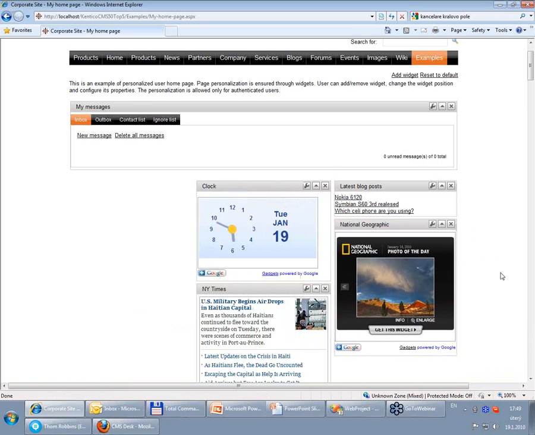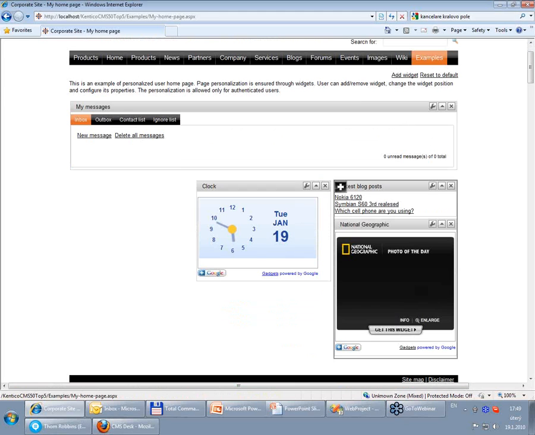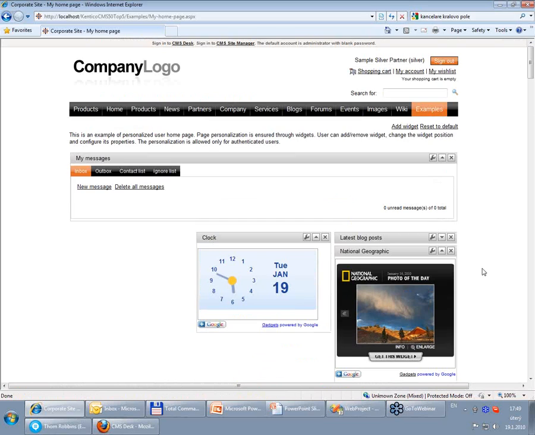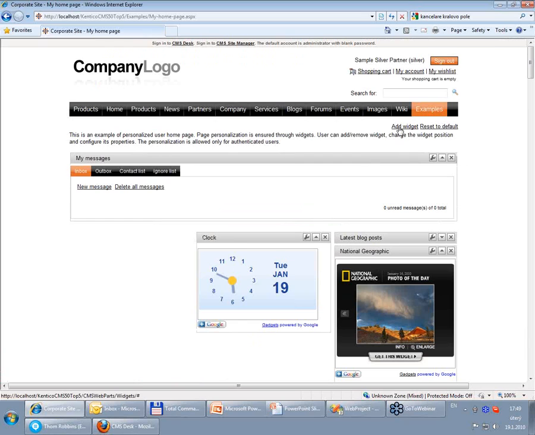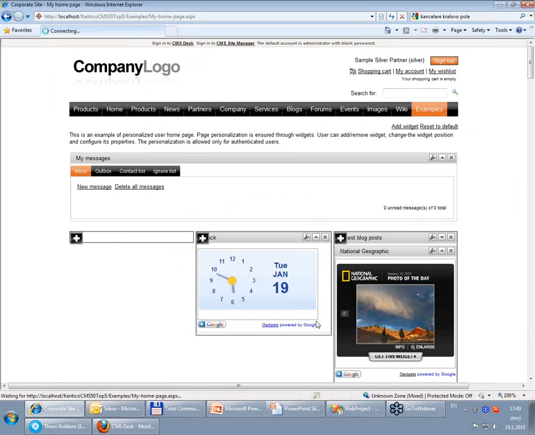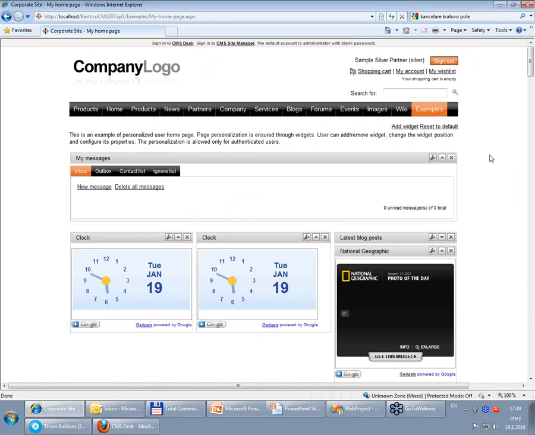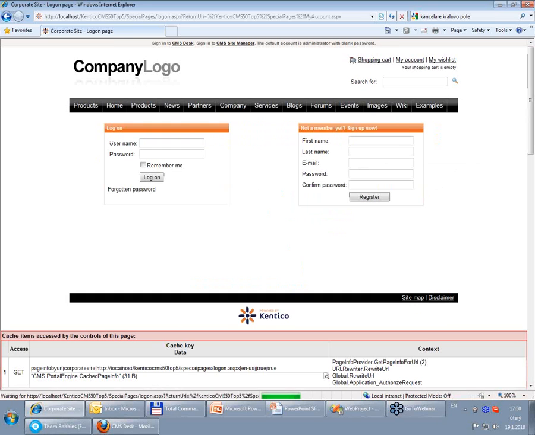But back to my widgets. If I go to my home page, I'm logged in as the Silver partner, and I can just move widgets around and delete them. Basically, I get the same functionality as you get with, for example, iGoogle or anything else. So at this point, I'll delete this one, or minimize this one. If I am the Silver user, I get this view. Of course, I can add widgets either by clicking on this special add widget link, or just by clicking on the zone. So for example, I'll add another clock